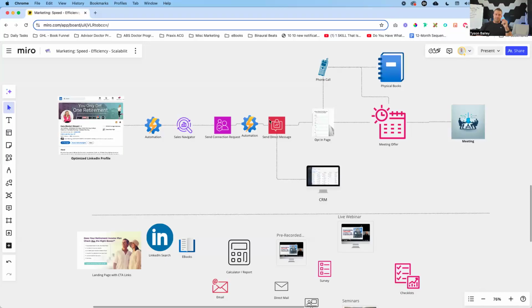Now, inside of there, with the LinkedIn automation, if somebody doesn't respond in a given amount of time, you can send a second message and a third message and a fourth message and so on and so forth. There's a fine dance that you have to play with that, okay? Again, coming from the understanding that all of these messages in the direct message sequences have to be written conversationally, as if you typed it out one-on-one.